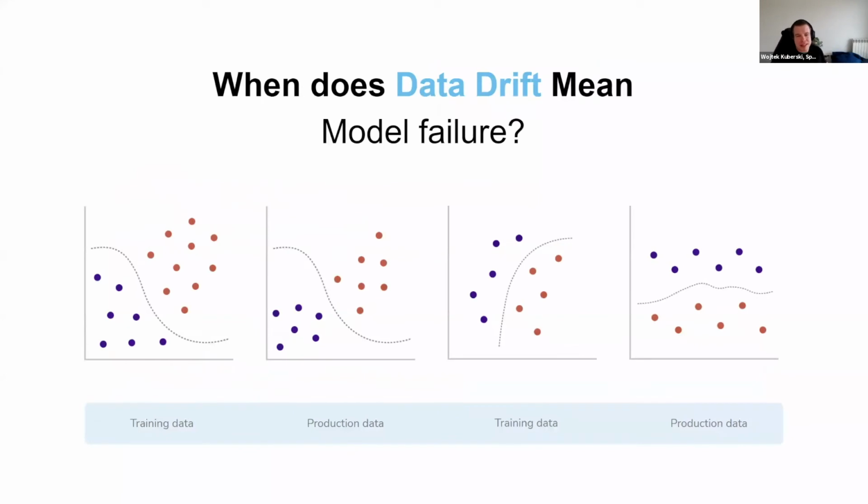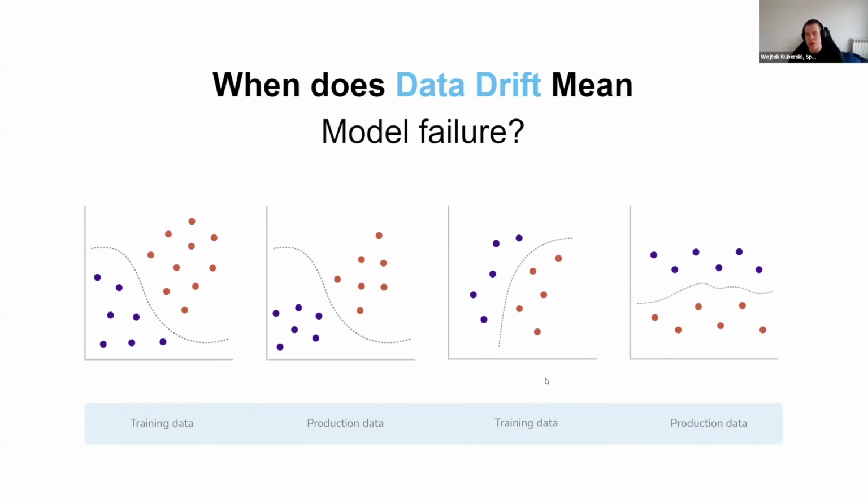But of course, data drift does not necessarily mean model failure, and let's talk about it here. So we have 4 visualizations here. The first 2 left ones are just example of the training data and the production data. And if we see no concept drift, it's not induced by data drift in any way, then we can expect our model to perform still reasonably well, even though there is, for example, less data in this part compared to